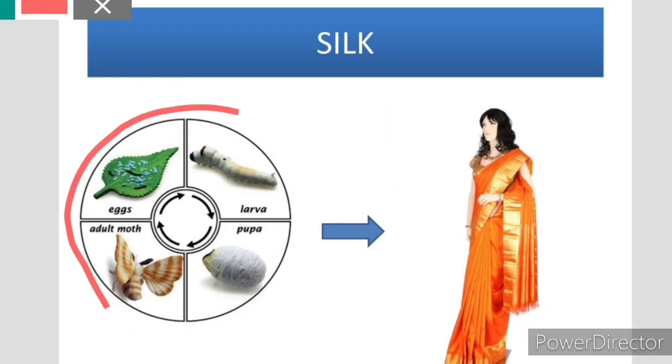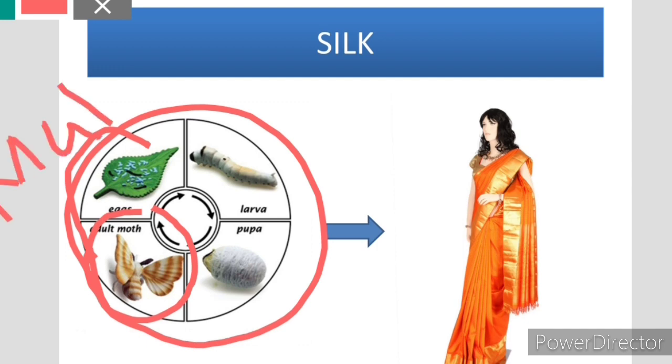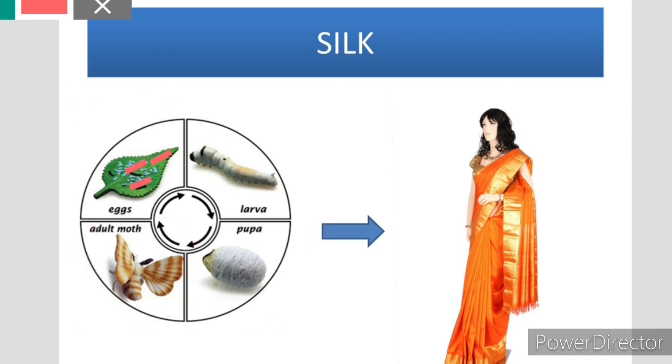Here you can see the total cycle of a silk moth. See where it actually starts here. The adult moth lays eggs on the leaves. Now what type of leaves would they prefer? They prefer mulberry leaves. Here are the eggs, you can see. After that they will form larva, not directly, they will turn into larva through different processes, by eating the leaves.